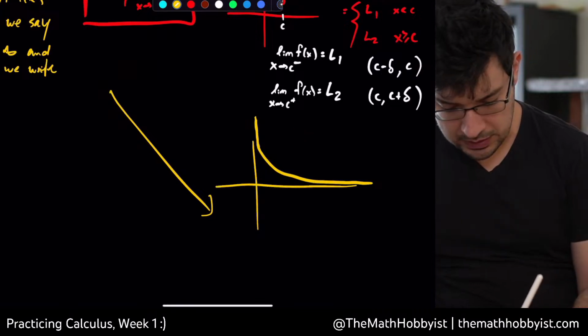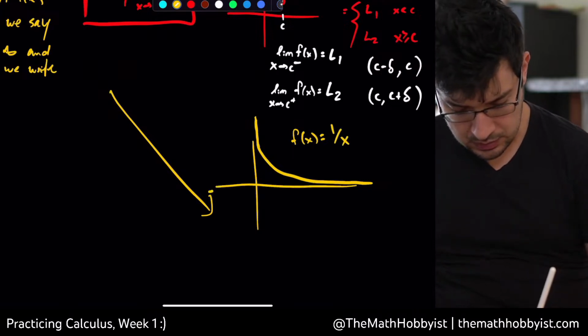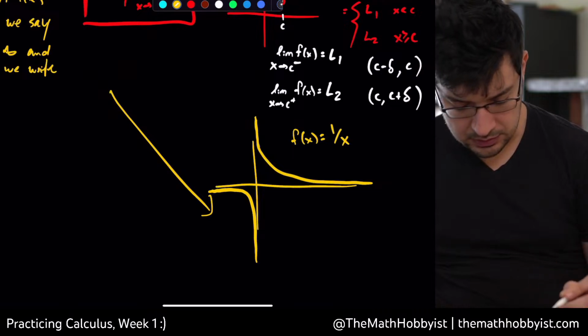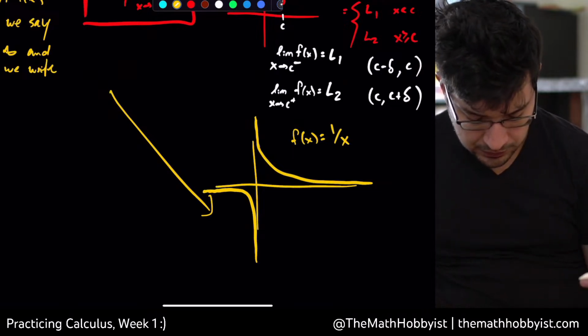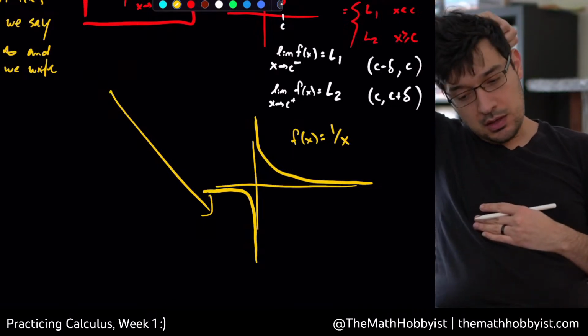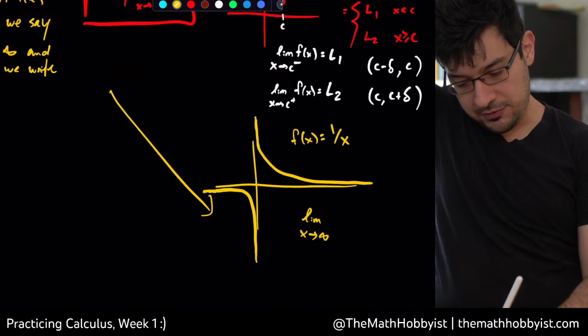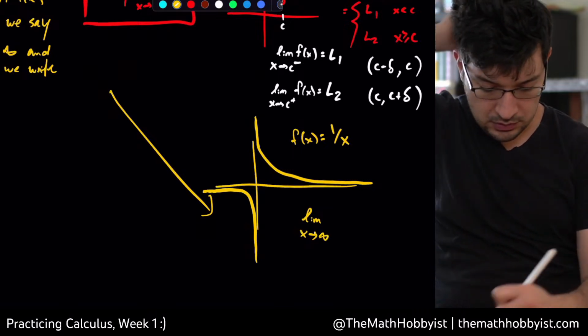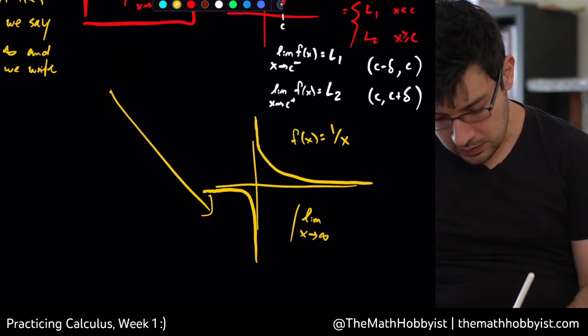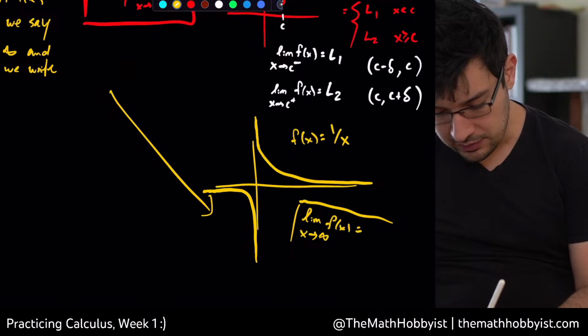We're going to try not to write y. We're doing f of x equals 1 divided by x. We could either take it only for the positive values, or we could also define it at the negative values as well. For this one, the limit as x tends to infinity, as this is what we're defining, the limit as x tends to infinity of f of x is 0,